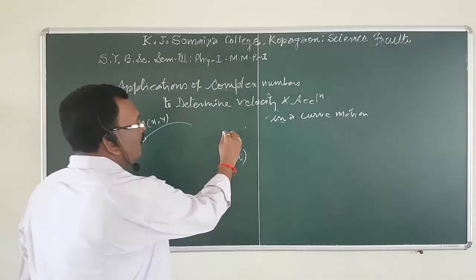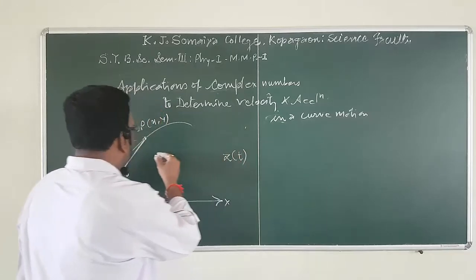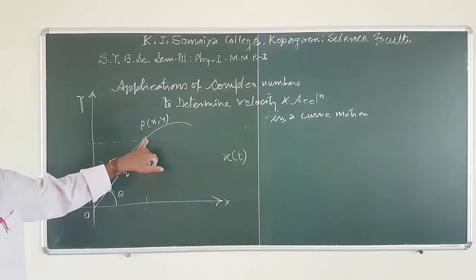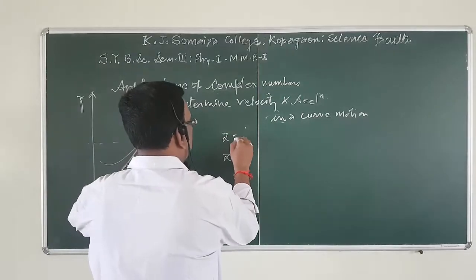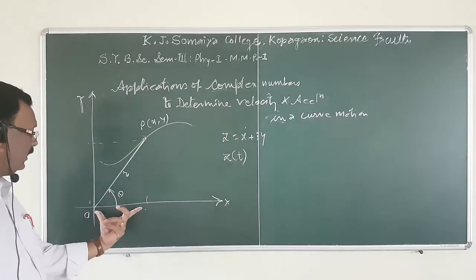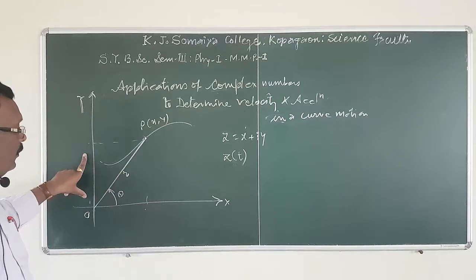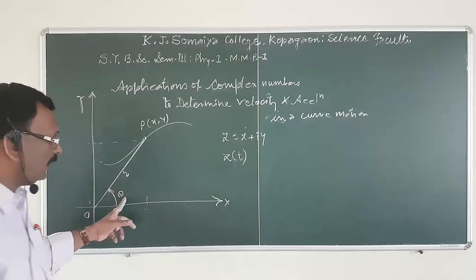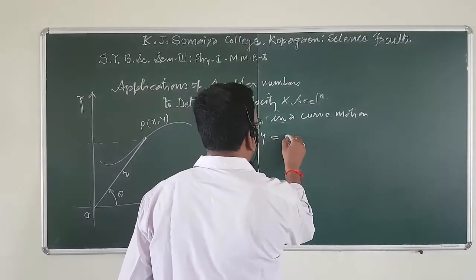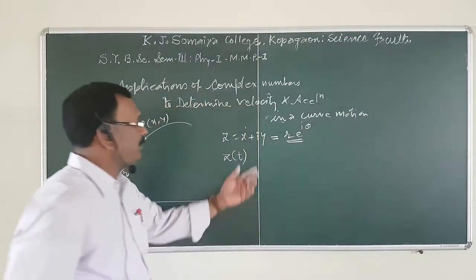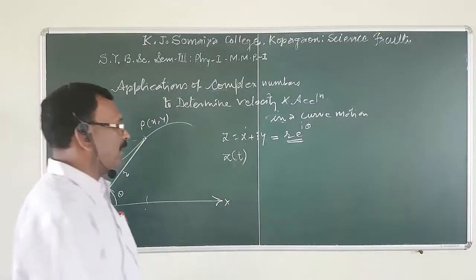Now, before this we have to see that this particle P represents a complex number, that is Z is equal to x plus Iy in terms of Cartesian coordinates x and y. Now, if we consider polar coordinates r and theta rather than x and y, we express this complex number as r e raised to I theta. This is the exponential form of the complex number, and that is the rectangular form.